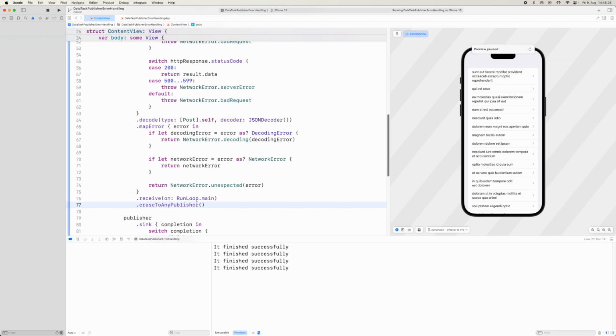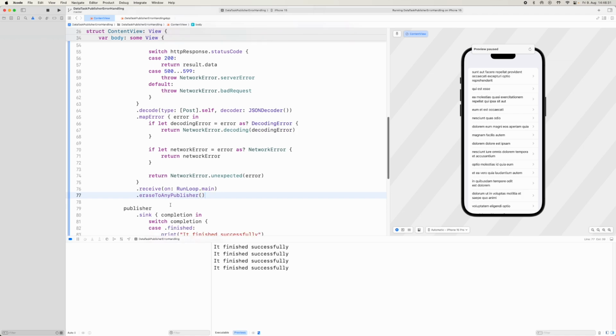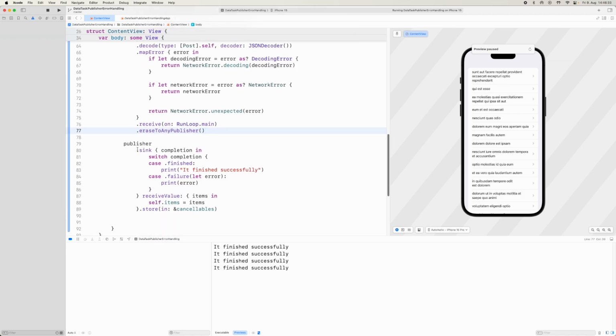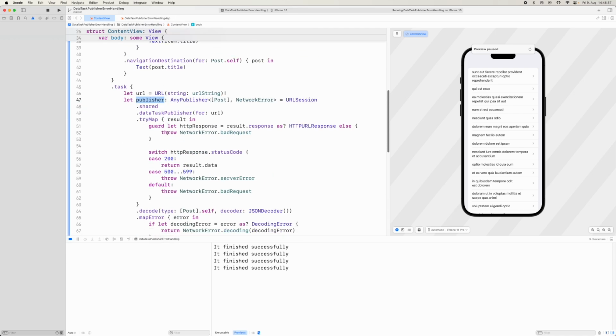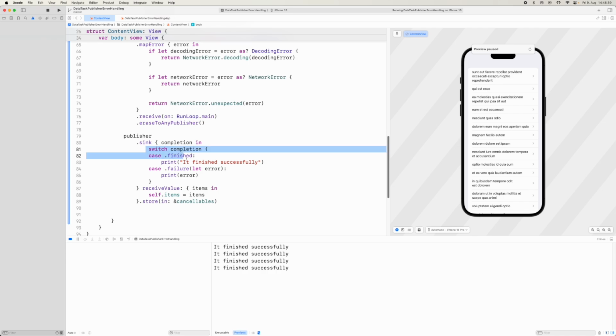It's like a 25 character long, 100 character long, or whatever, type annotation, and now we can just call it, or we can pass this publisher to someone else and they can call it at a later stage. And now we've handled this error here, and we know that on all successful cases of this, we get these items. So this is purely 100% successful, and we know this is the only place where there is going to be an error. So when we run this code,